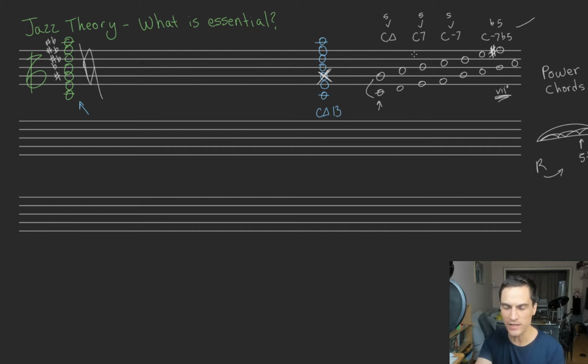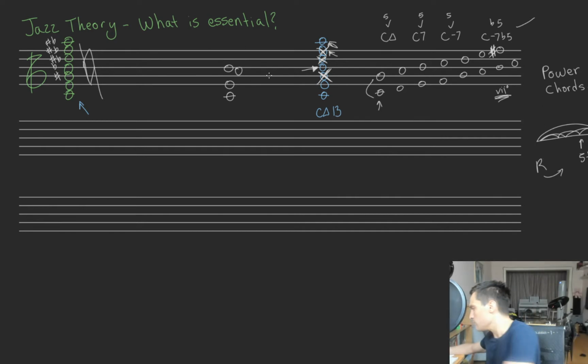Your next one to say goodbye to is anything that's under your highest note. I'm sorry, I lied. You need your 7th, right? The 7th is so important. You need to put that. The next thing you can ditch is your 9th if you have a 13th, if you have an 11th, and your 11th if you have a 13th. Okay, so then you're kind of left to the bare bones. You only got C, E, B, and an A on top. So your huge chords that sound like this